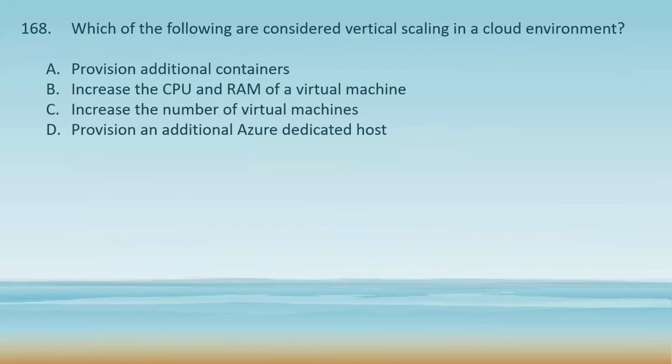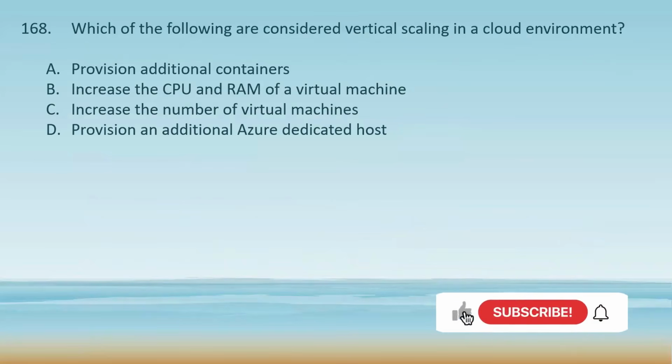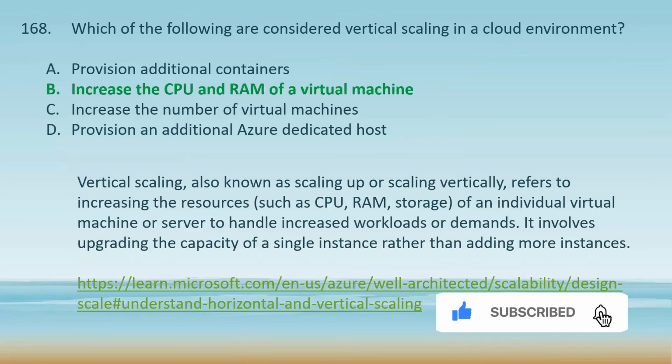Question number 168 of the series. Which of the following are considered vertical scaling in a cloud environment? Your options are: provision additional containers, increase the CPU and RAM of a virtual machine, increase the number of virtual machines, provision an additional Azure dedicated host. And the correct answer in this case is increase the CPU and RAM of the virtual machine, which is an